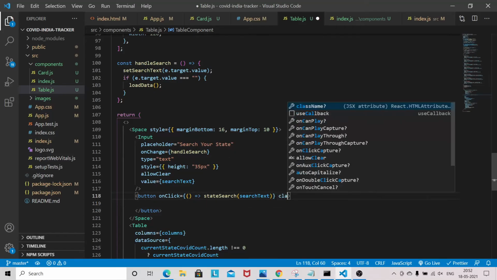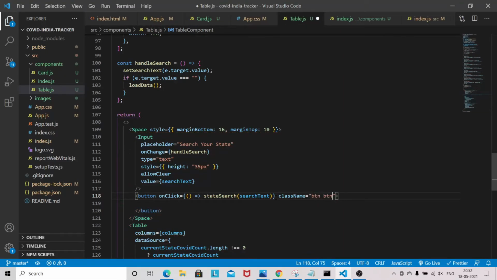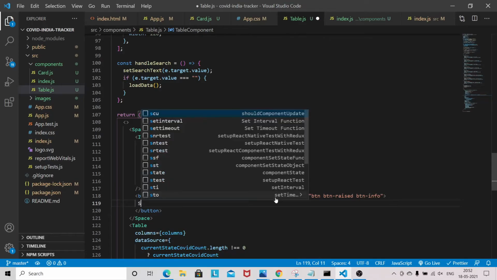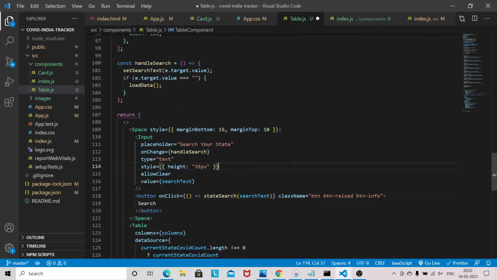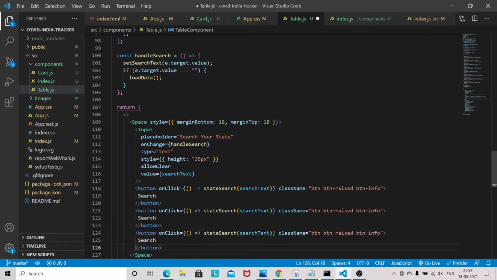and the class name will be btn raised, btn slash info, and this will be search. And we'll be copying this a couple of times because we need three buttons.